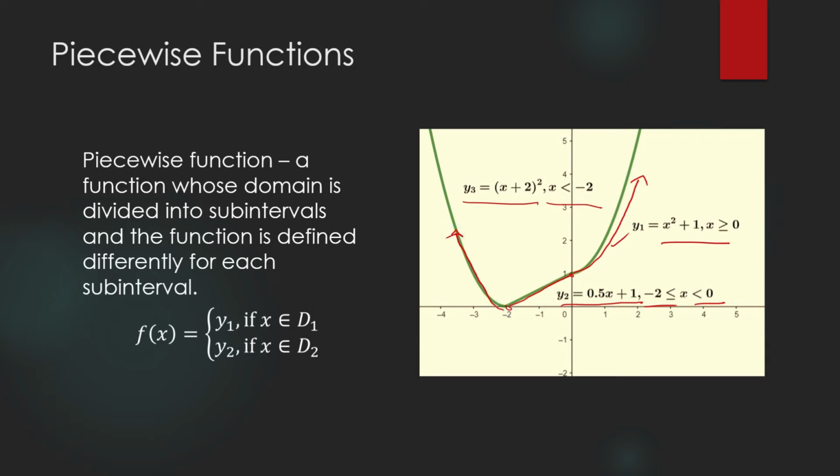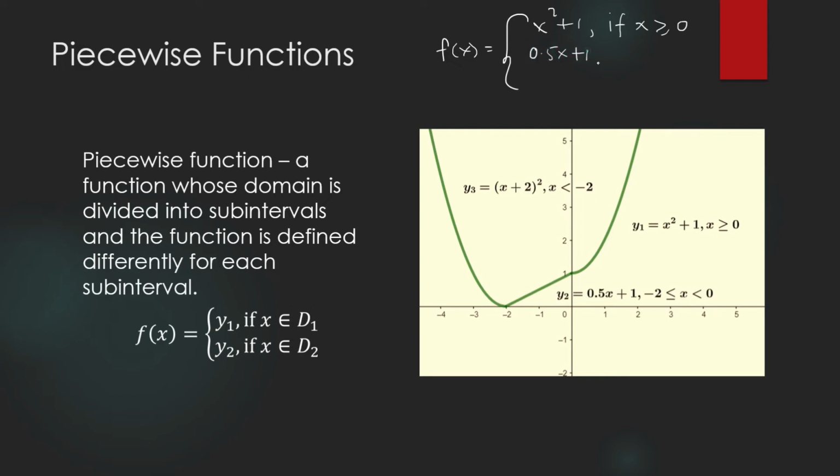We shall see a lot of this when we go to limits of functions. Now, how do we write this using math notation? This is how you write it. So f of x, you will use a brace. It is equal to x squared plus 1 if x is greater than or equal to 0, it is equal to